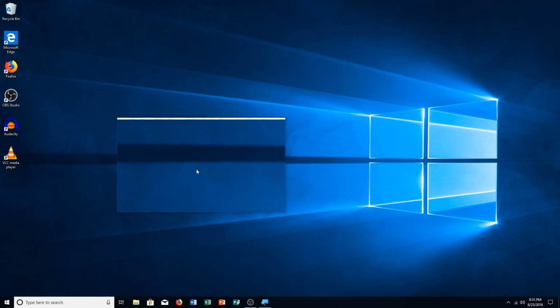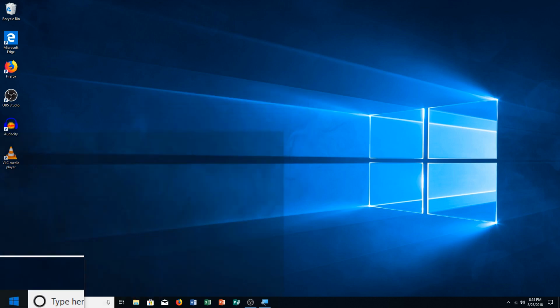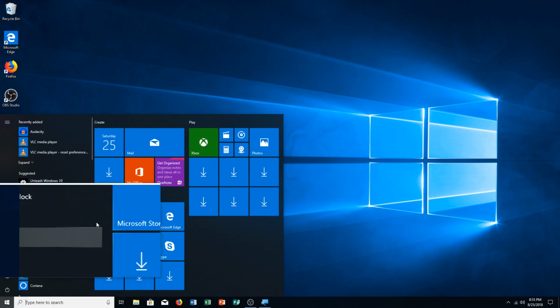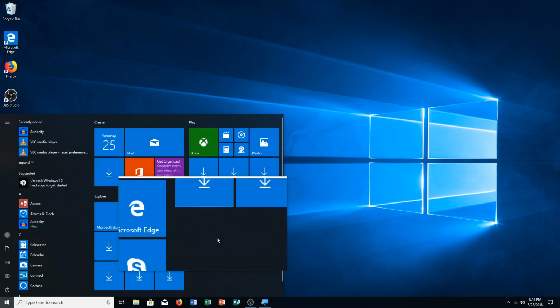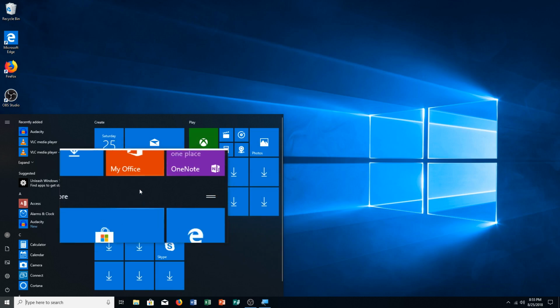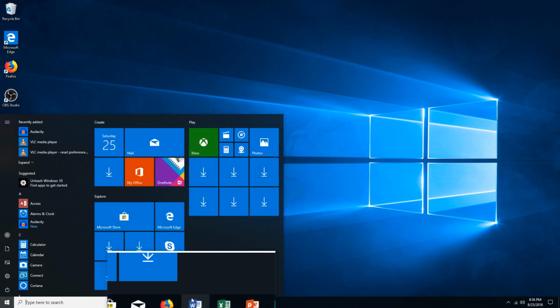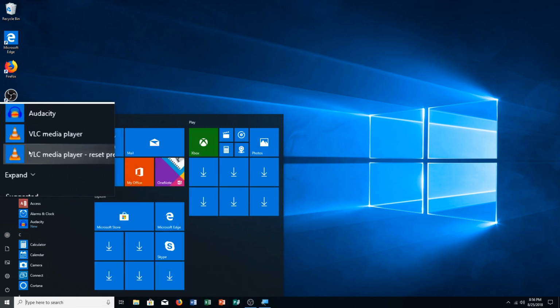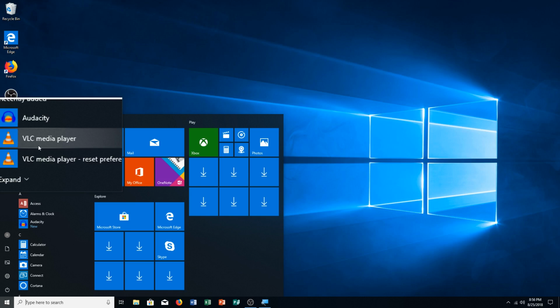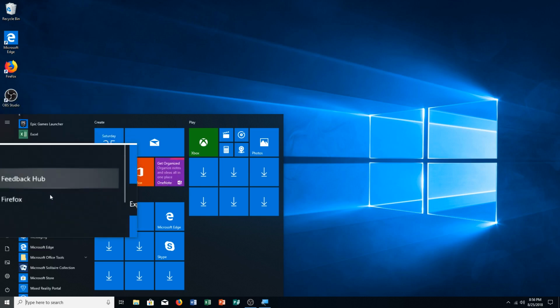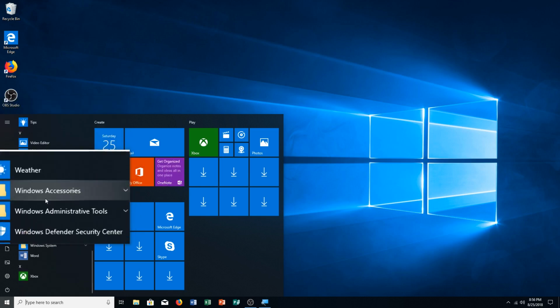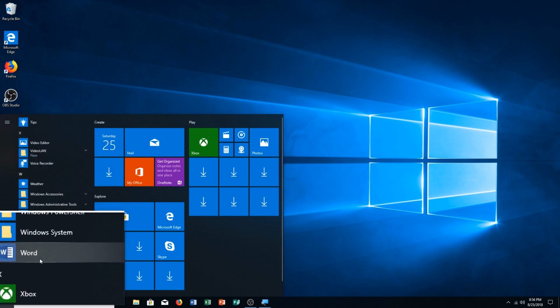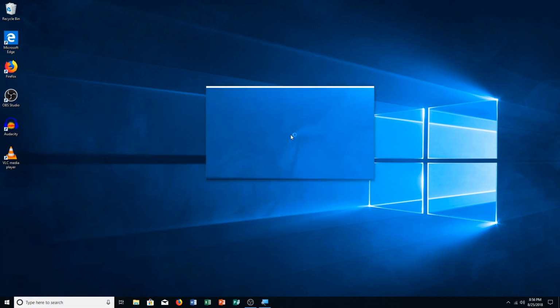So we're going to open up the start menu. I'm going to click on the start menu on the taskbar right here, and then you can see this comes up. Now I need to open up Microsoft Word 2016. You'll notice I already have it pinned down here. If I were to go looking for it in the menu, I would come over here to where all my apps are and just scroll down. It's alphabetized, so I would go for W and Word right down here. It's going to bring up Microsoft Word,